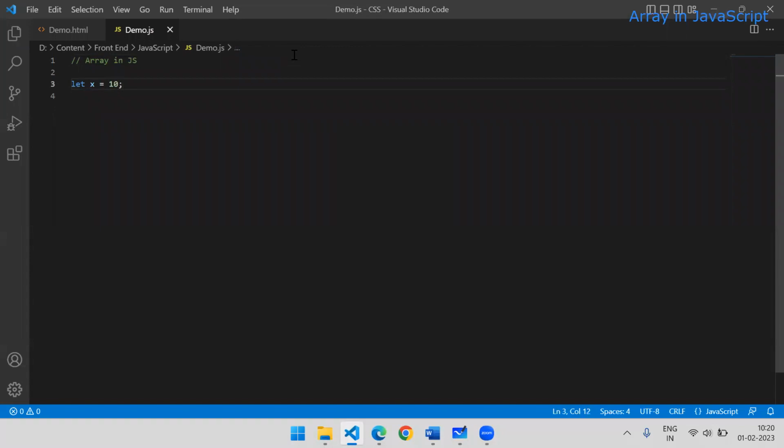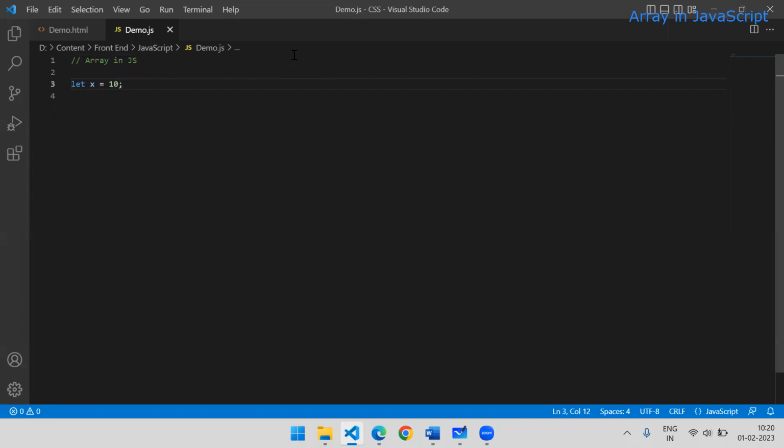So far we were using a variable to store a single value, either of number type, boolean type, or any string type data. But if you want to store multiple values inside a single variable,